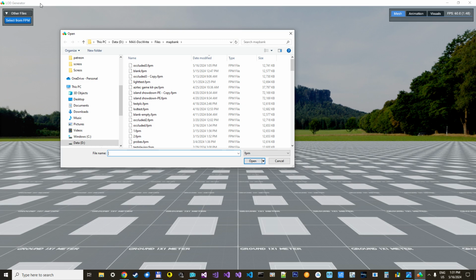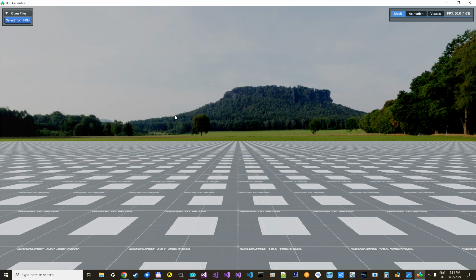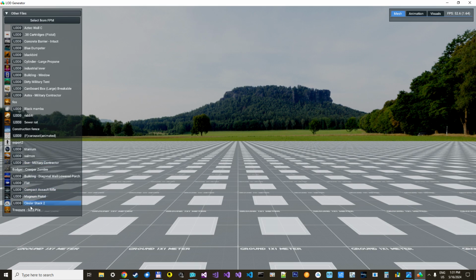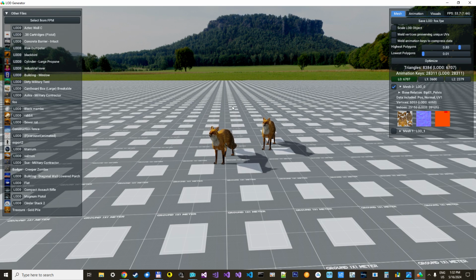You use the LOD generator and then you select your label, whatever label you have. And it will load it in and show you all the unique objects you have. And you can see what objects you already optimized and what is missing. Like we are missing this fox right here. As you can see, it now generates up to 4 different LOD objects, up to LOD3, with different triangle or